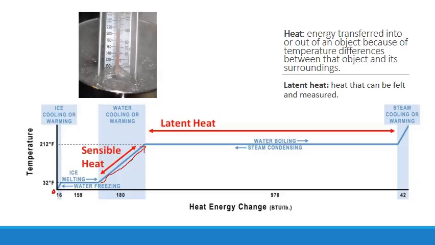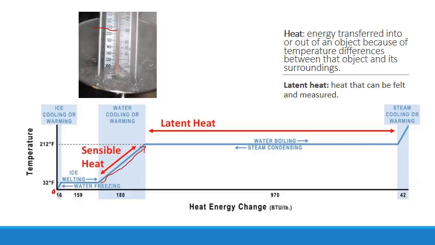That's sensible heat, right? Until the water comes to a boil. And while the water is boiling, if we continue to measure, like we're seeing this thermometer stuck in a pot of boiling water, that temperature should remain at about 212 until all of that water is turned into steam, and